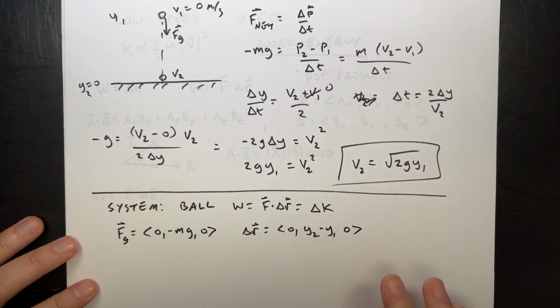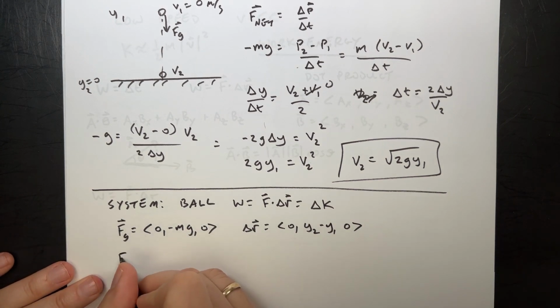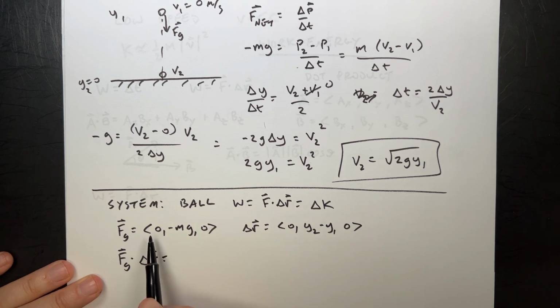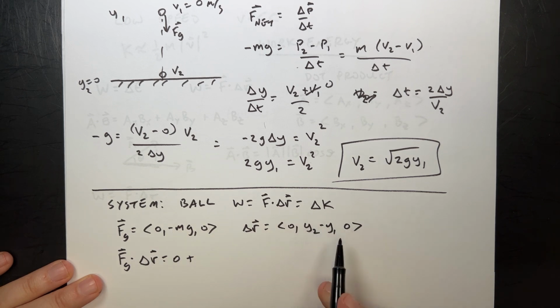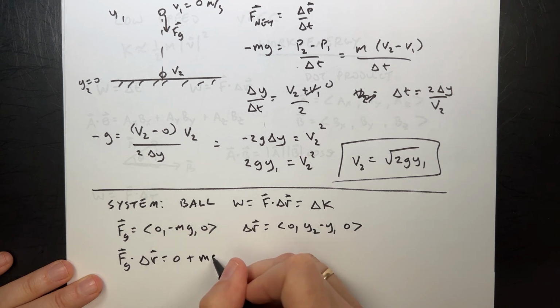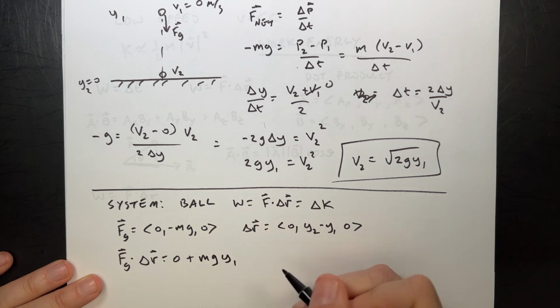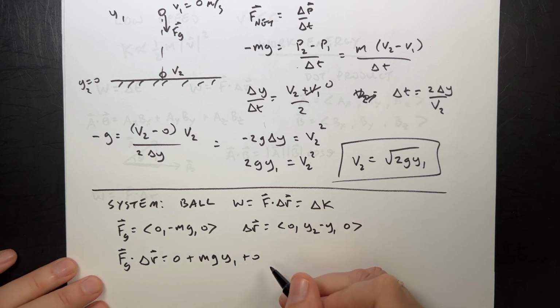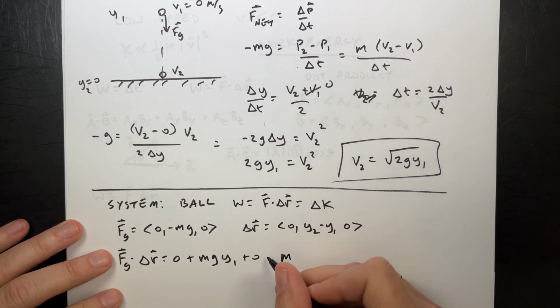So now I can do the dot product, Fg dot delta R, and that's going to be 0 times 0 plus negative mg times negative y1, so I get plus mg y1, plus 0 times 0. So the work done on this by gravity is equal to